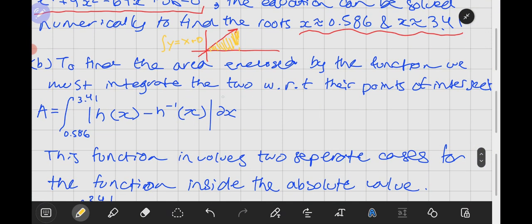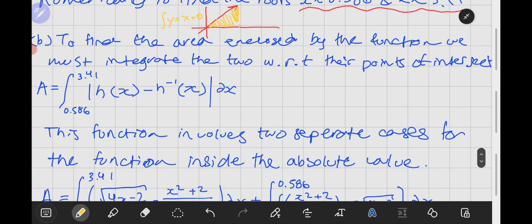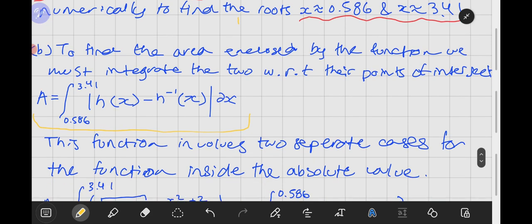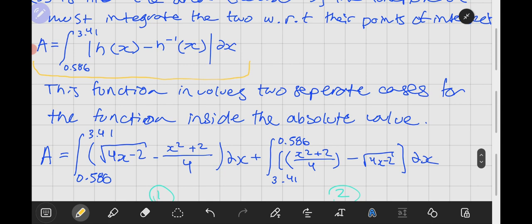is by integrating the two functions with respect to the points of interest, and then finding the absolute difference of the two. So that would look something like this. We're evaluating for the absolute difference of the integrals of h and h to the power of -1. Now, the function does involve two separate cases for the values inside, the absolute values inside of our functions,